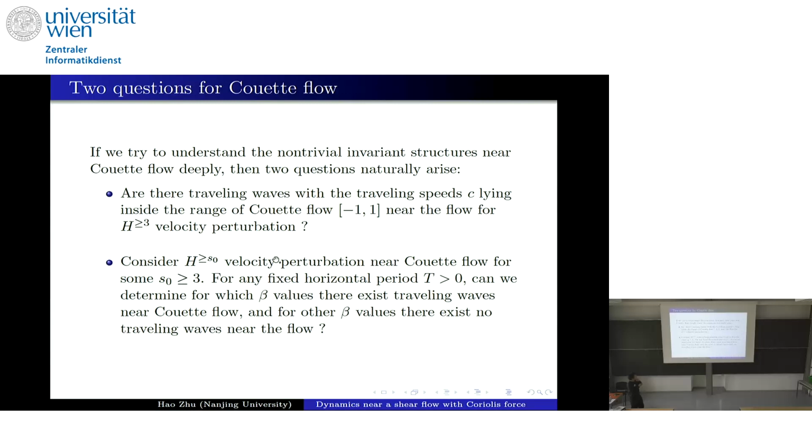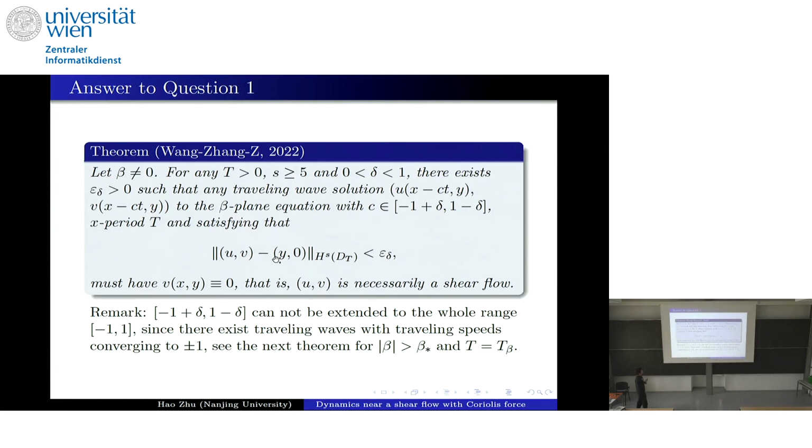There is another question, which is the first one. The first one is that we only consider the isolated real eigenvalues. It corresponds to the traveling speed lying outside the range of the Couette flow. And the other question is: if we take the traveling speed inside the range of the Couette flow, I mean inside this interval, can we find some traveling waves? We mainly discuss these two questions. For the first one,